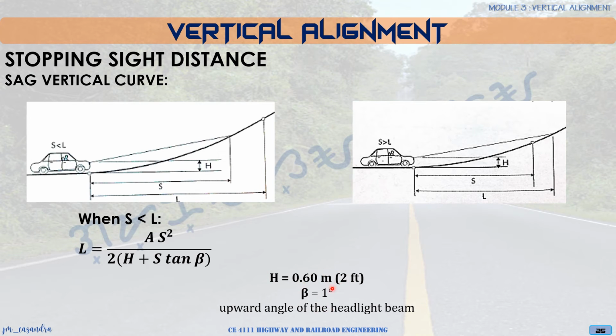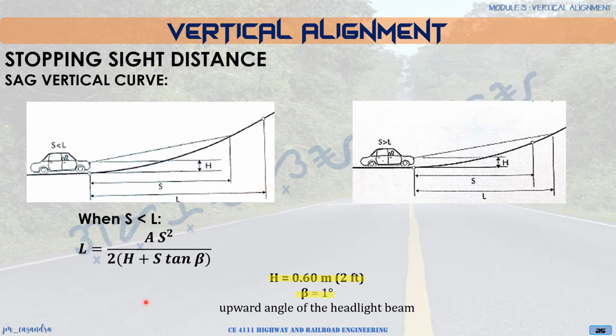And beta will be equal to 1 degree, which is the upward angle of your headlight beam or average headlight. So again, if there are no given values in the problem, the automatic value of H for sag vertical curves will be 0.6 meters, and beta will be equivalent to 1 degree. Okay, so as I have said, for sag vertical curves, our equation will be based on your headlight